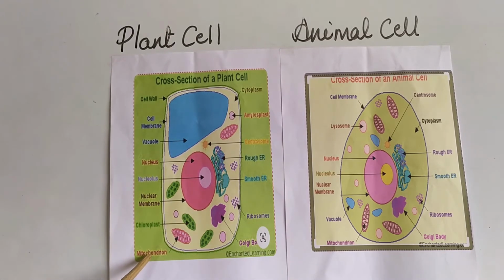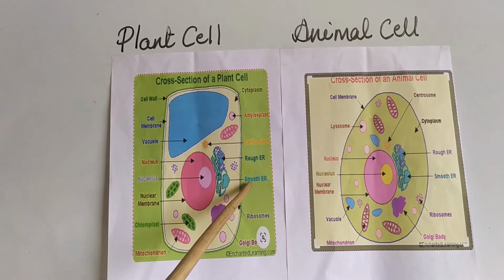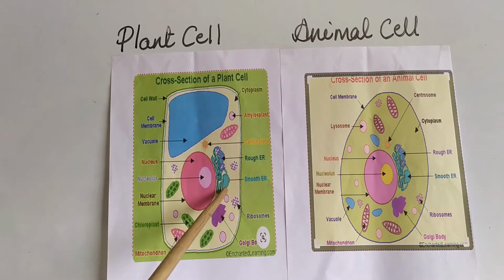Then we have mitochondria, which is called the powerhouse of the cell. Then we have Golgi bodies, which are also known as Golgi apparatus. These are ribosomes. What do ribosomes do? Ribosomes synthesize proteins. Then we have endoplasmic reticulum, which is smooth and rough. Rough is RER, rough endoplasmic reticulum, and smooth is SER, smooth endoplasmic reticulum. If you can see here, for smooth endoplasmic reticulum, there are no dots on it. That means no ribosomes are present.